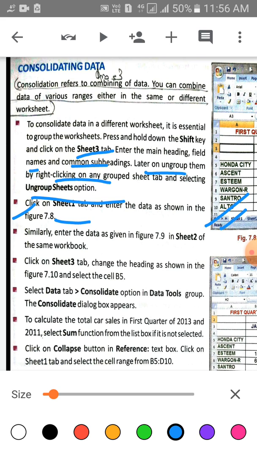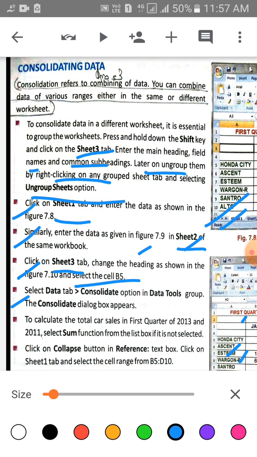You have to enter all the data here. Similarly, children, enter the data as shown in figure 7.9, this one, sheet 2. Click on the sheet 3 tab and change the heading as shown in figure 7.10. Select the cell B5.